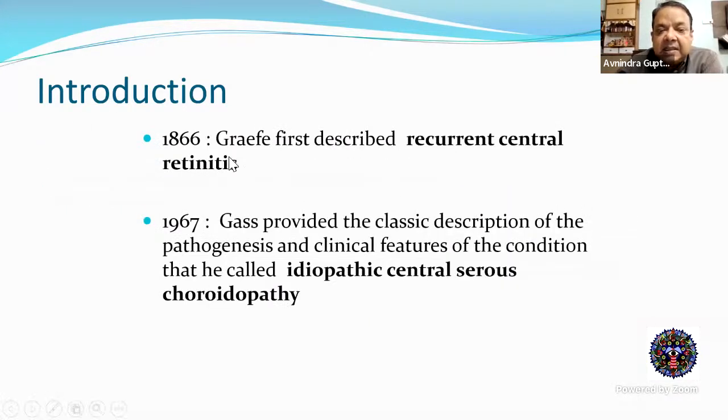In 1866, Graefe first described recurrent central retinitis as central serous retinopathy, but the actual description of idiopathic central serous chorioretinopathy came from Gass, who provided the classical description of the pathogenesis and clinical features of the condition that we